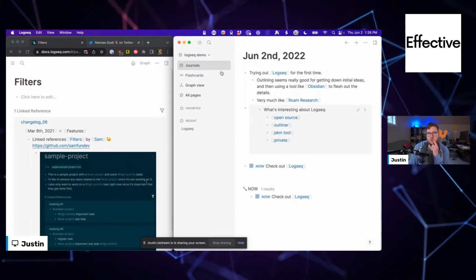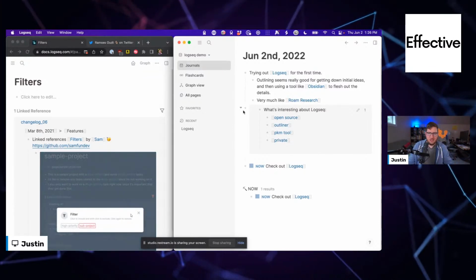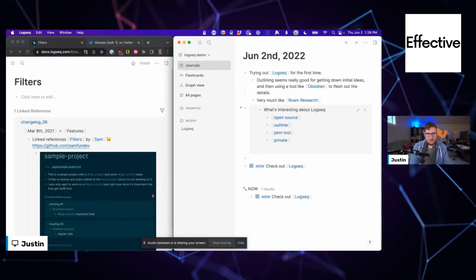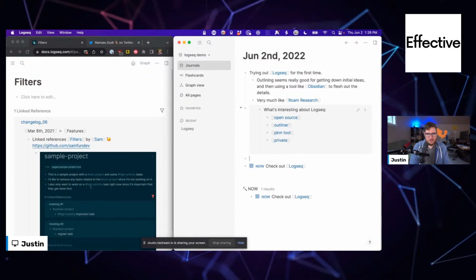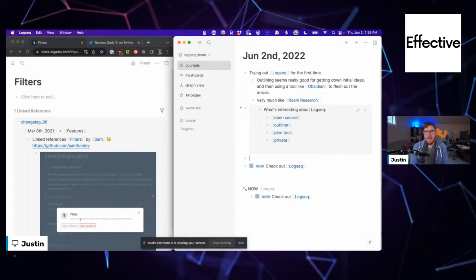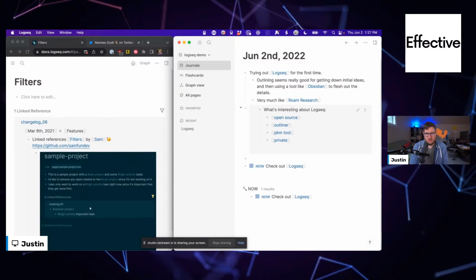Yeah, so I'm already just kind of fleshing out thoughts and processes on this here, but I think a lot of the linking and embedding is way more powerful than Obsidian.